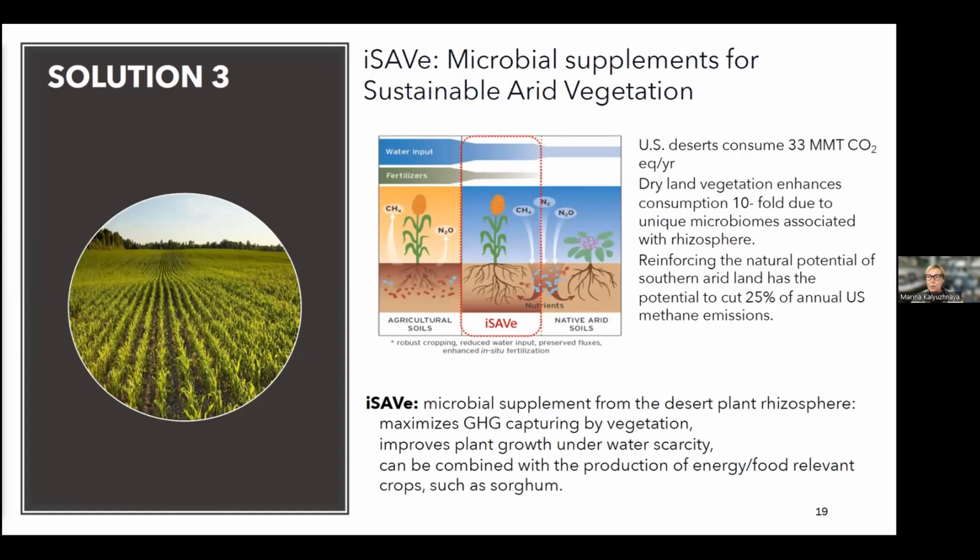One student in my lab found an incredible, wonderful phenomenon in Anza-Borrego Desert near us, in which we know that microbes in the desert stimulate plant growth. They reduce requirements for water and at the same time stimulate methane consumption. We call it iSafe, a microbial supplement, which we believe will be critical to implement for the arid crop production pipeline in the near future, not only to improve production of crops at low water in the drought environment where we live, but also to enhance methane consumption, bringing this natural capability of soil to breathe methane out from the atmosphere.